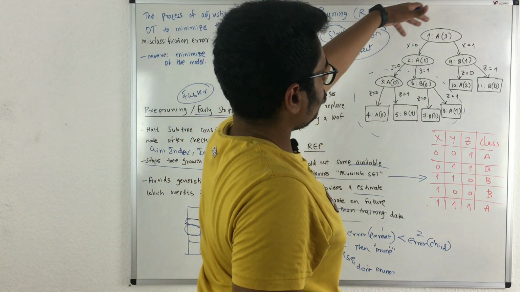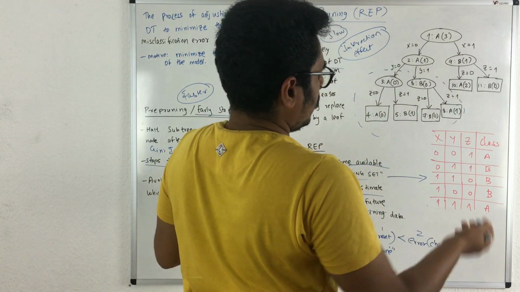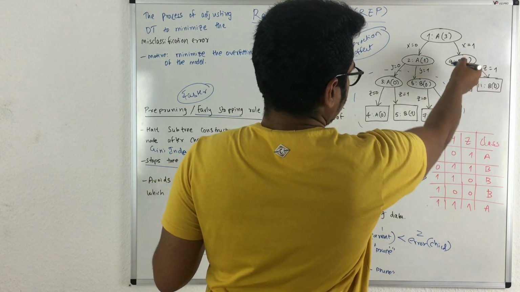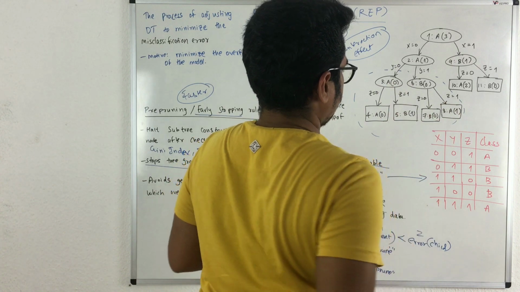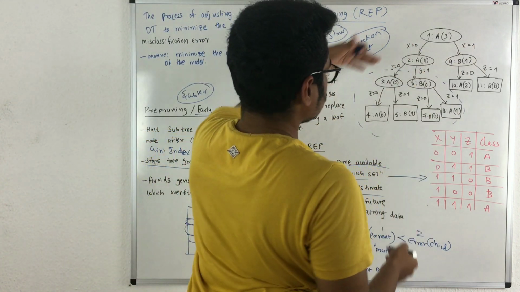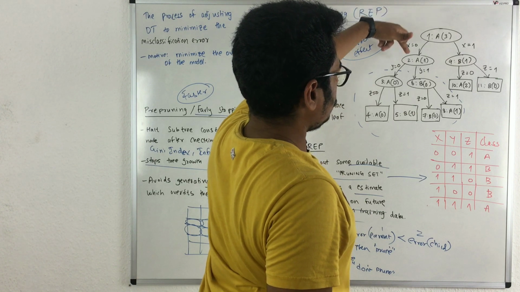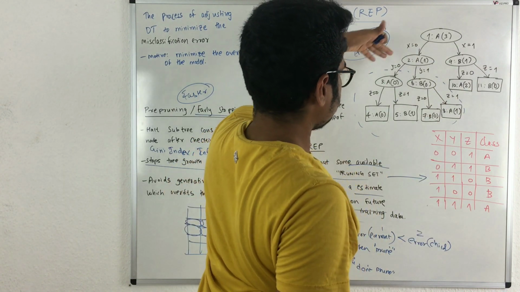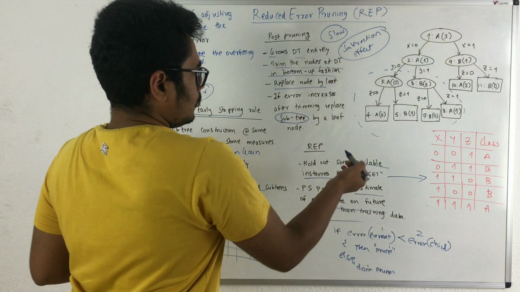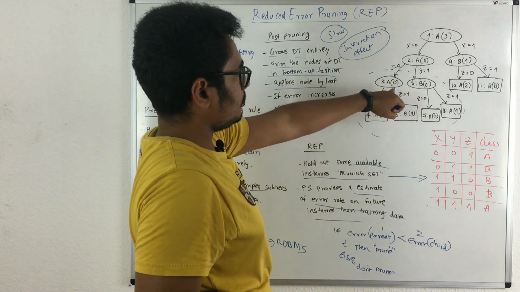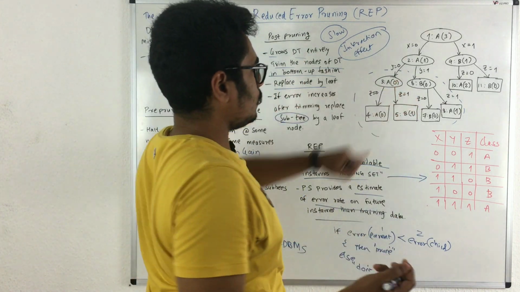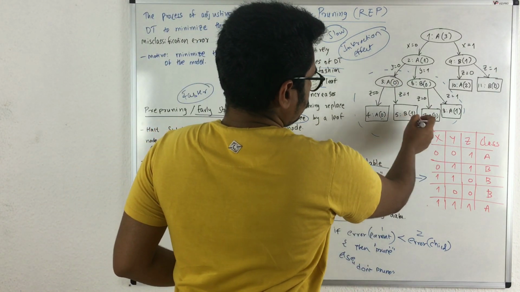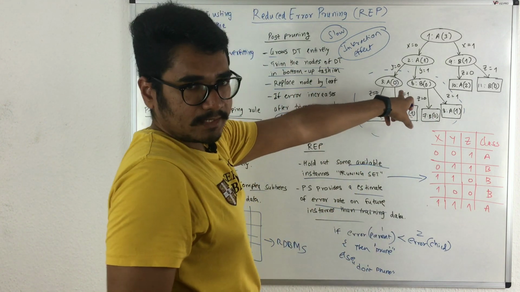We have some nodes here, and each node is represented with a label: 10, 11, 9, 1, 2, 3, 6, 4, 5, 7. These are the attribute test conditions, that is, if x is equal to 0 it jumps from this node to this node. Then we have x is equal to 1, z is equal to 0, z is equal to 1, y is equal to 0, y is equal to 1, and so on. Now we estimate the error, which you can see in brackets. Comparing with the child, we have one error at the child, but the parent has no error.